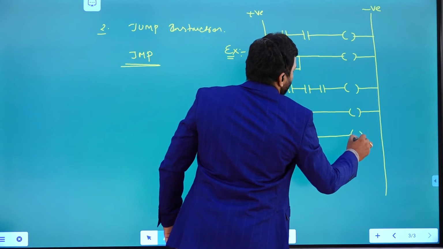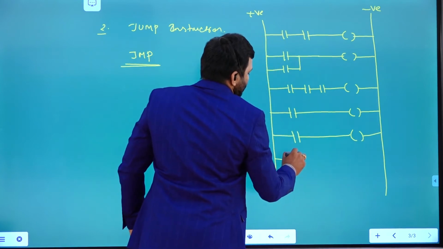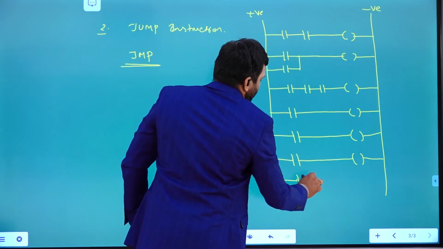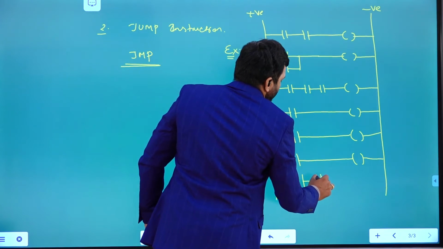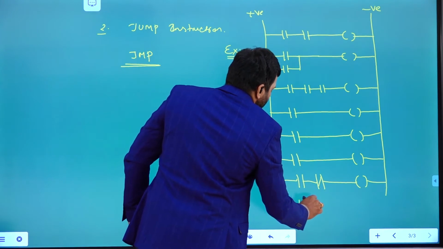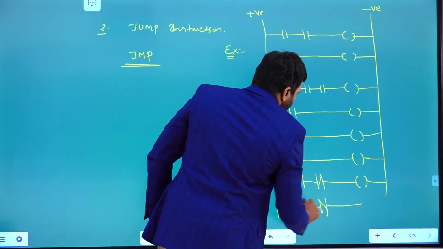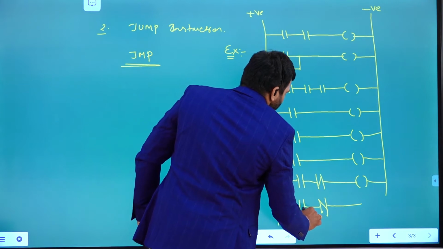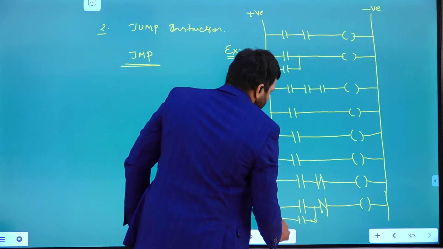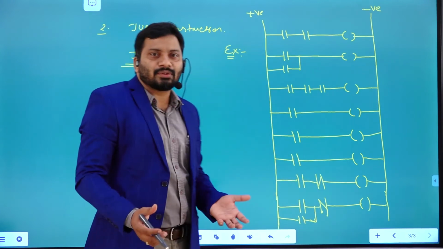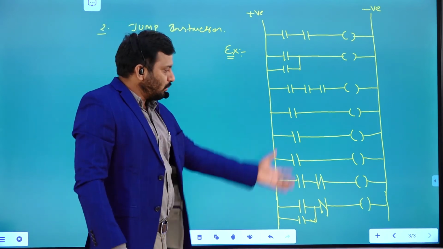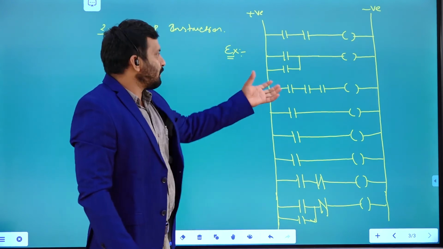So you write some program to perform some task, right? Based on your task, you have written some program, and it has some number of rungs. Based on the application, it may have more rungs. How many instructions are required while writing the program depends upon the application. Like that, we have some number of rungs in this particular PLC logic.